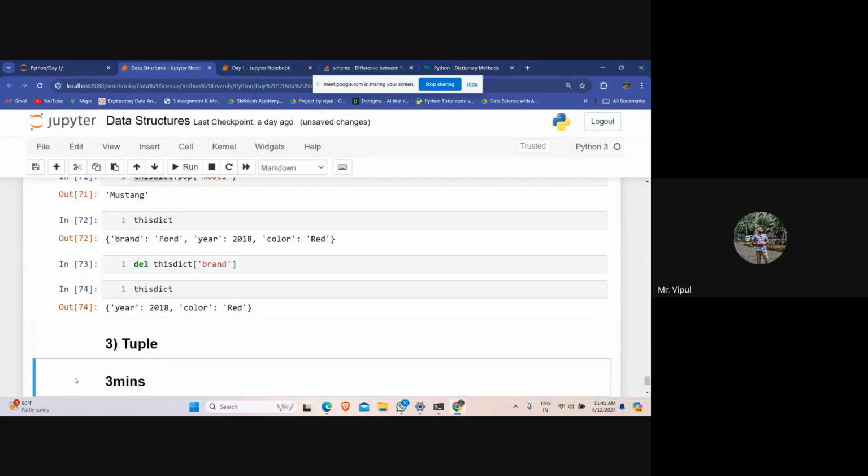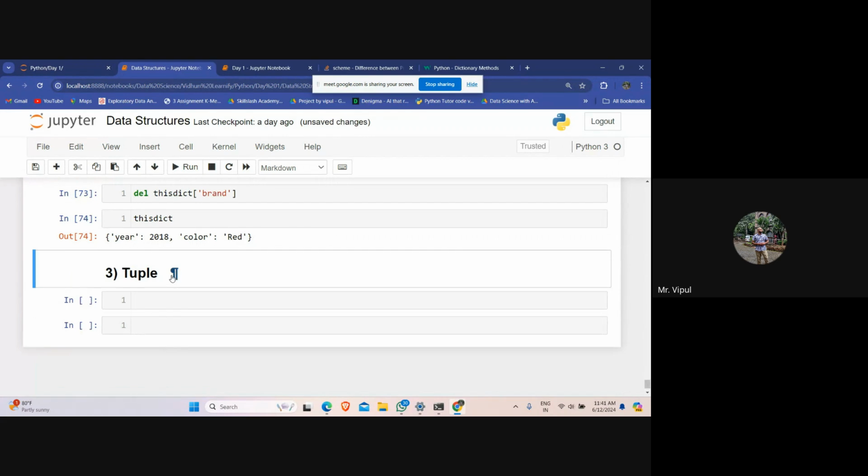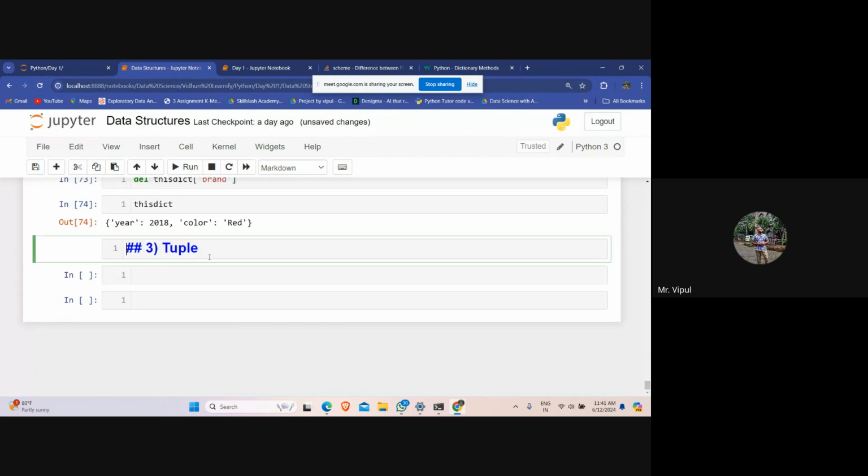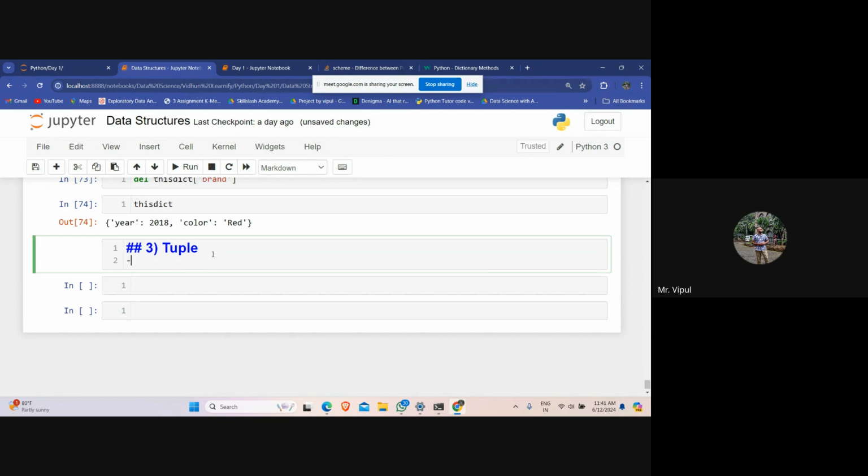What is a tuple? A tuple is just another data structure that you have. We'll write down what is there in a tuple. A Python tuple is a collection of Python objects, much like a list, but tuples are immutable. What do you mean by immutable?